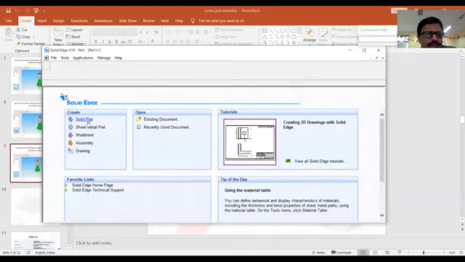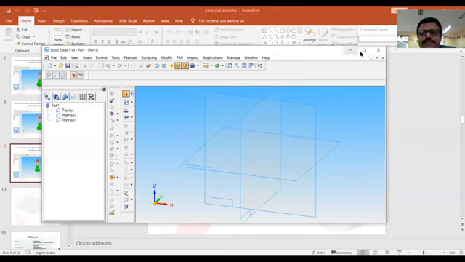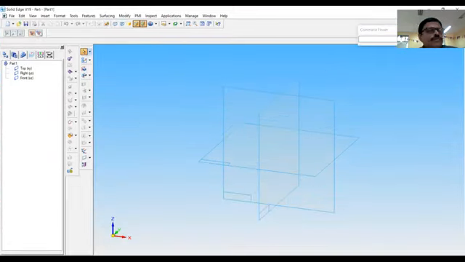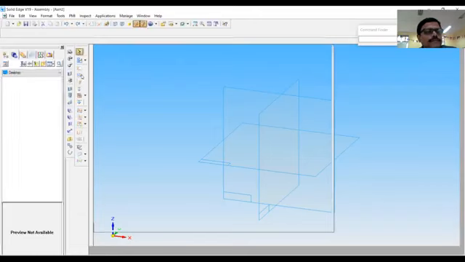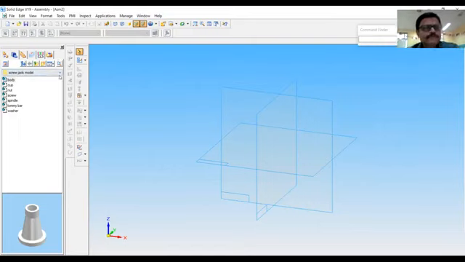So open the Solid Edge software in part mode. So this is the Solid Edge software. Now come to the assembly. So now we are in assembly mode. We have already done the parts of the screw jack in the previous session. So go to the parts library. In parts library, we have created a folder called screw jack model. Now double click on the first part.